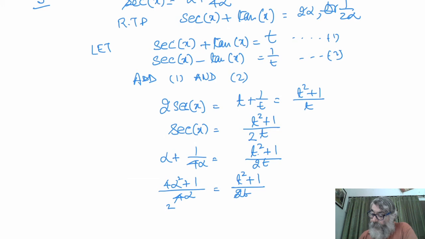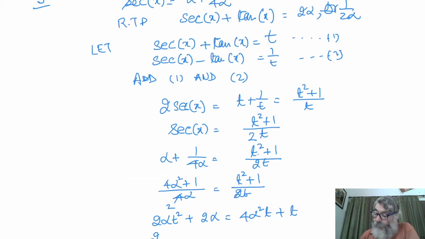So 2 alpha t square plus 2 alpha is equal to 4 alpha squared t plus t. Cross multiply. Now bring all the terms to one side. 2 alpha t square plus